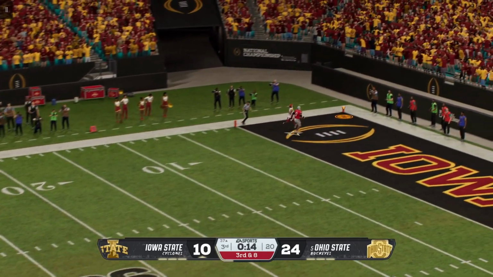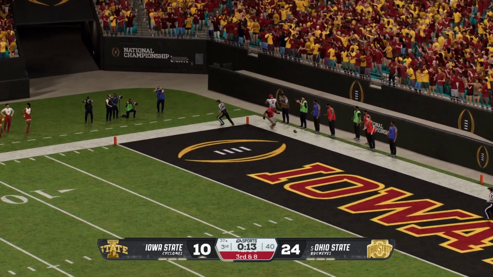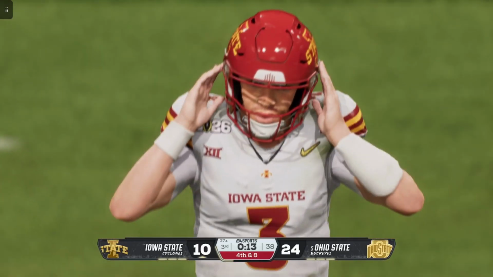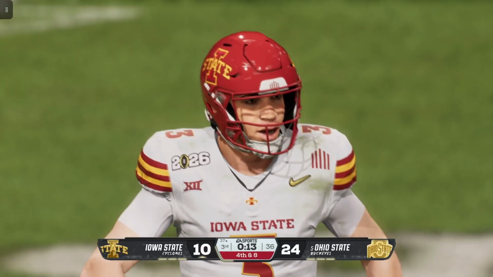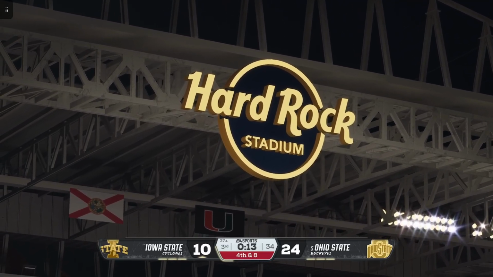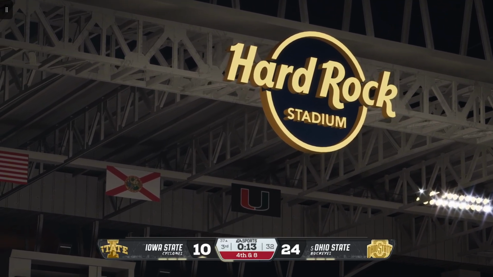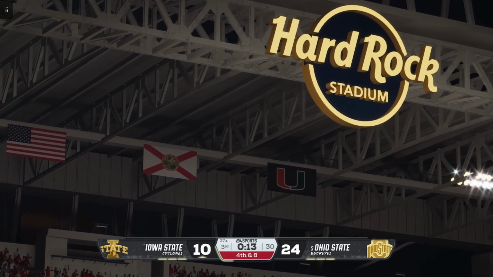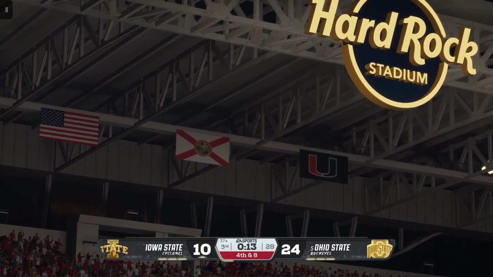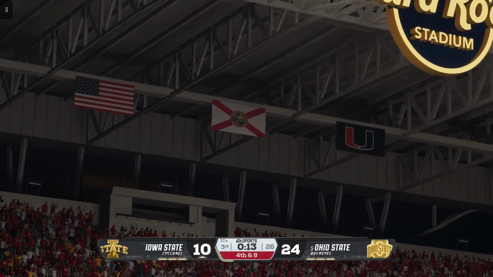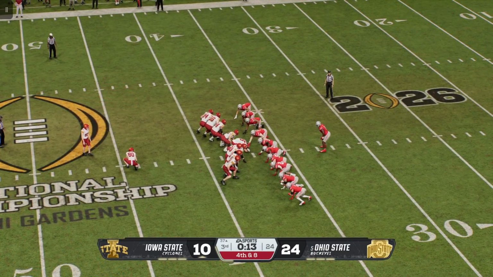Deep shot toward the end zone. Oh, and it's batted down by the defense. Great play to deny a touchdown. Hey, it's an incompletion, but it's a nice job by the quarterback. I know it didn't pan out, but the most important thing is he didn't turn the football over and he didn't take a sack. It'll give your kicker a chance to put some points on the board if they opt for the field goal here on fourth down.